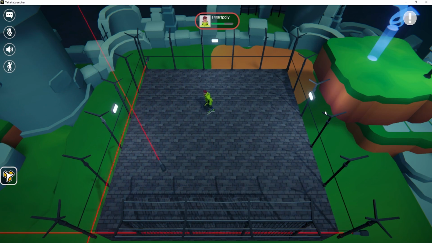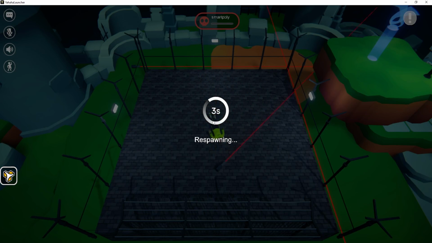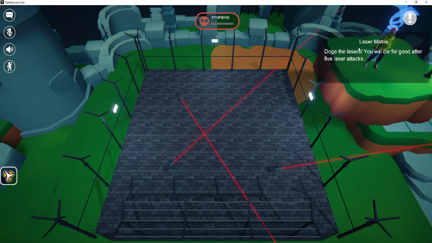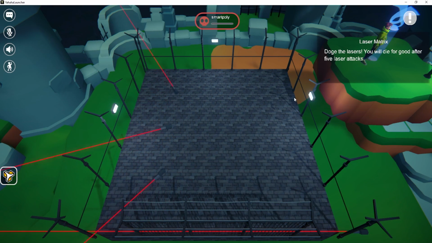So as you can see, I just got hit by the laser. My health is getting pretty low. I'll show you what happens when you die. Respawning, and it says dodge the lasers. You will die for good after 5 laser attacks. Basically, when your health hits 0, you're out of the game, and the game will continue with however many players are left. So just a pretty cool game that you can make, showing off all of the features of